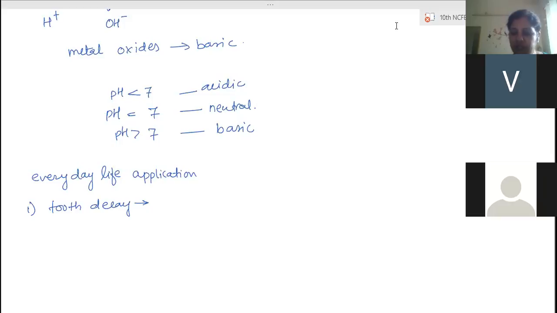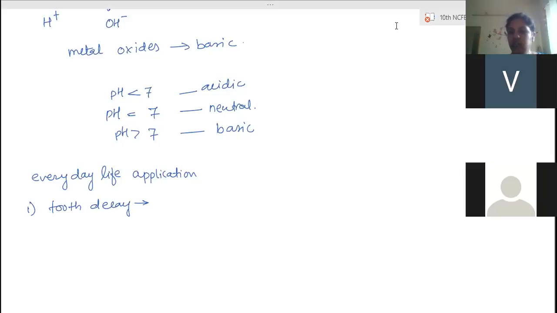Okay. So first thing, we should not allow anything to remain stuck in the mouth. After every meal, we need to rinse our mouth properly so that no food is left. Eat less sugary food. And the third part is always clean your teeth with toothpaste. So that is the part about tooth decay.